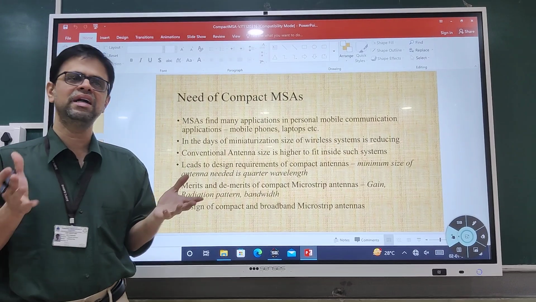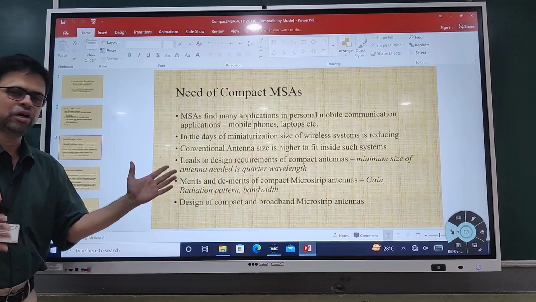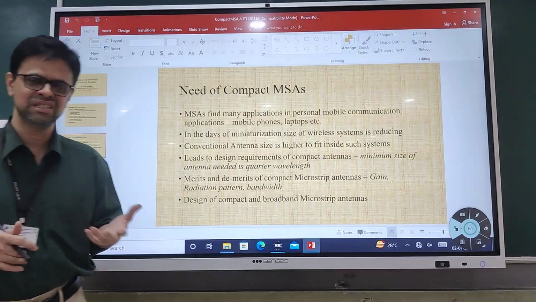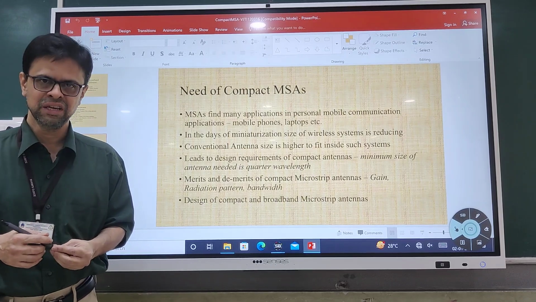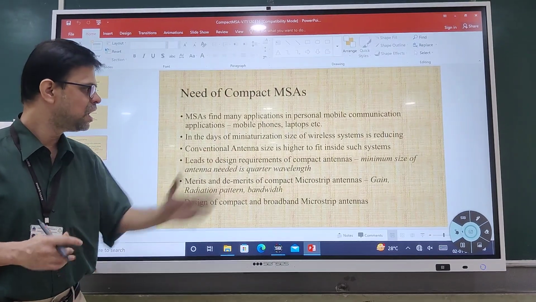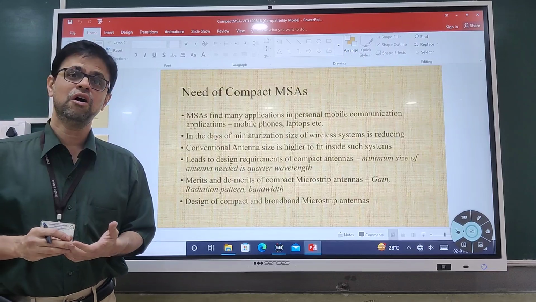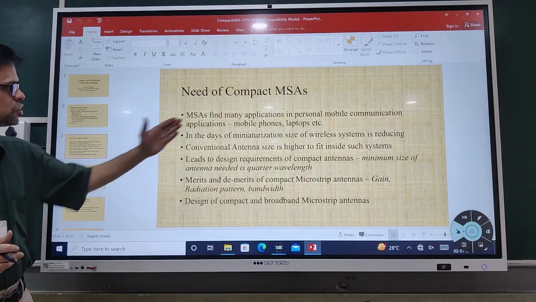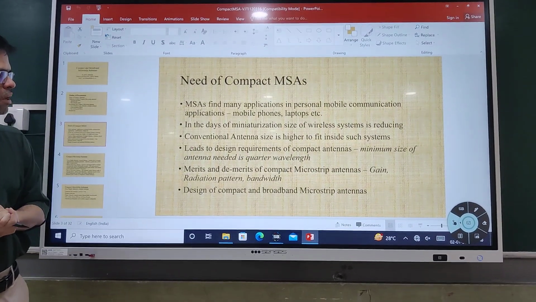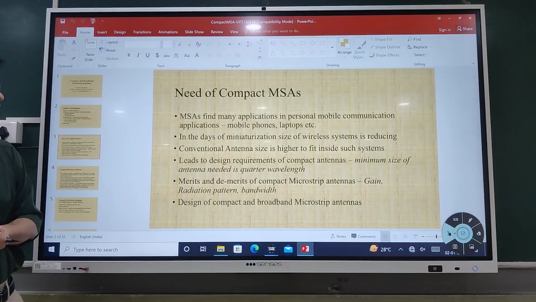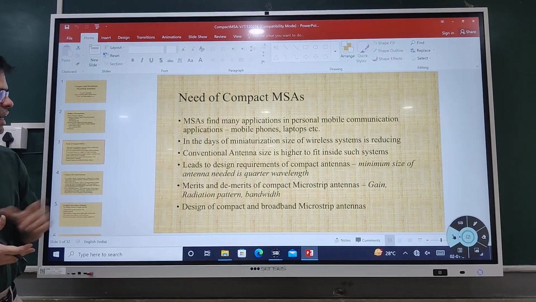Conformal means it is residing on the surface of the application device. And hence microstrip antennas are heavily used. A lot of research has gone into realizing a compact structure. So here we have talked about what is the need of miniaturization, why it is required, and then a